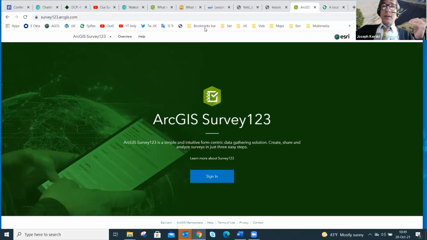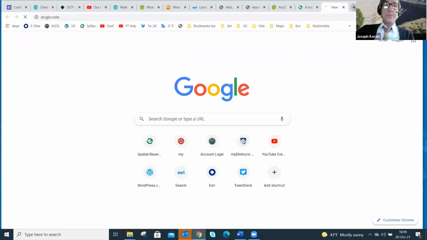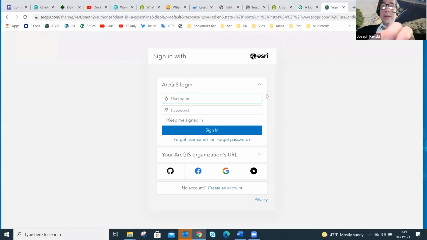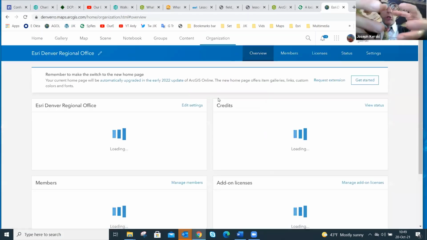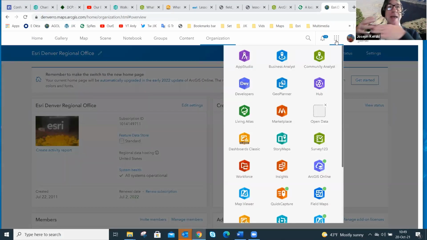Another way to get into it is to go to arcgis.com and sign in with your credentials. Sorry about my big fingers here, and I might turn off my video because I'm without my second monitor now. So you'll see these big GIS hands. But the other way to get into this is with the application launcher.